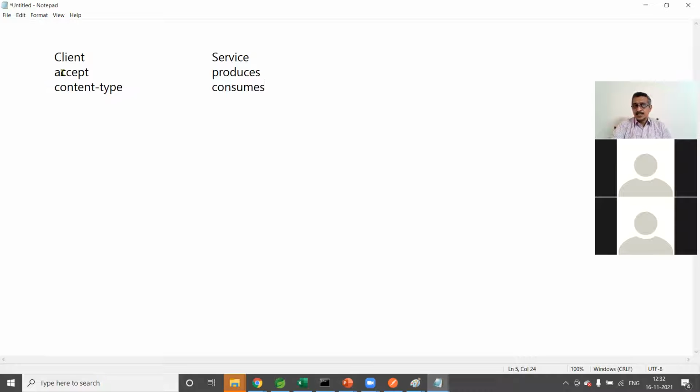The client says the response I'm expecting is in so-and-so format. The service has to say yes, the response is produced in so-and-so media type. The client says the request is of so-and-so content type. Then the service says yes, I can consume media types like XML or JSON. These are very important.